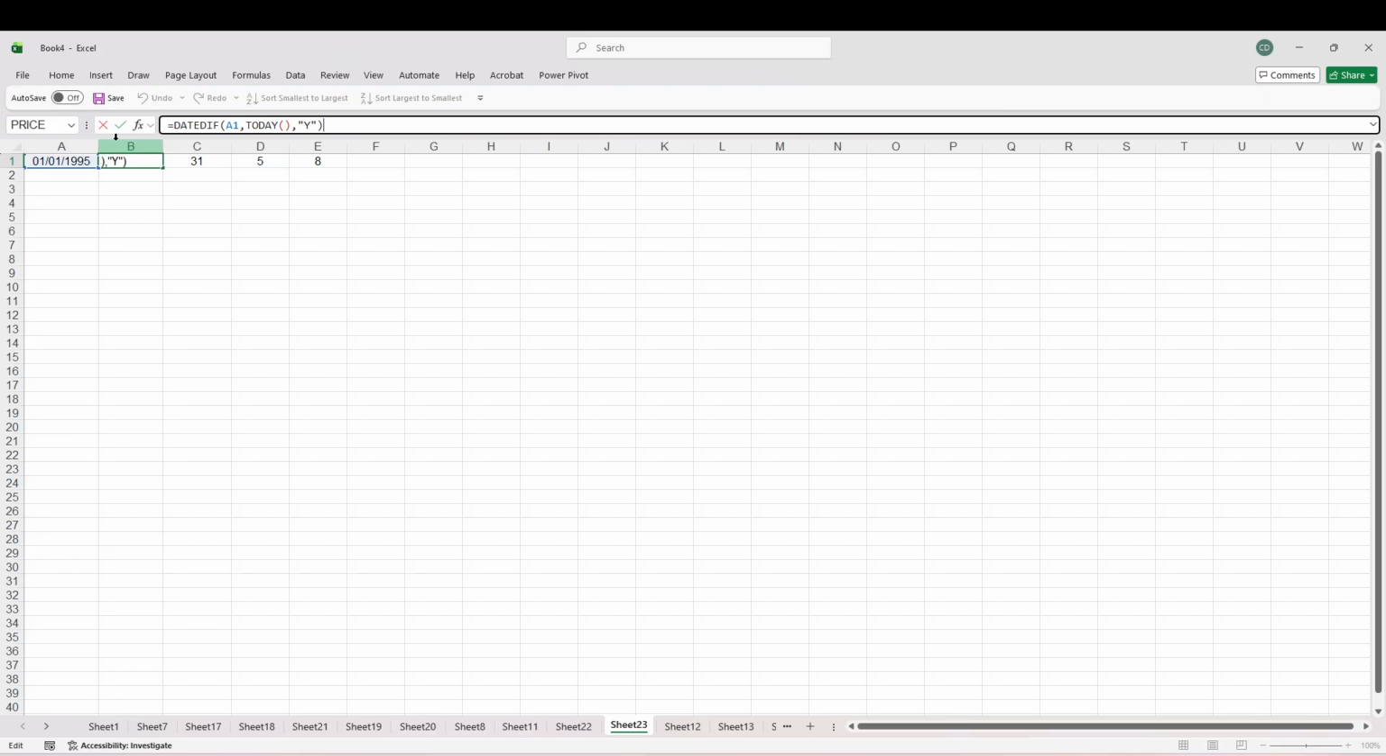For the most common age calculation, enter this formula: equals DATEDIF, open parenthesis, A1, comma, TODAY, open and close parenthesis, comma, quotation mark, y, quotation mark, close parenthesis. Written normally, that is DATEDIF(A1, TODAY(), "y"). This formula tells Excel to compare the birth date in A1 with today's date and return the number of complete